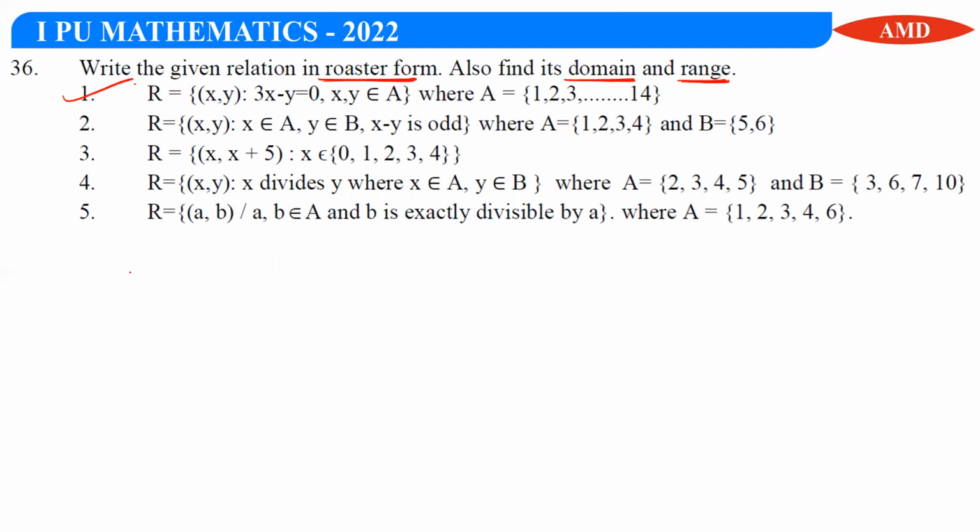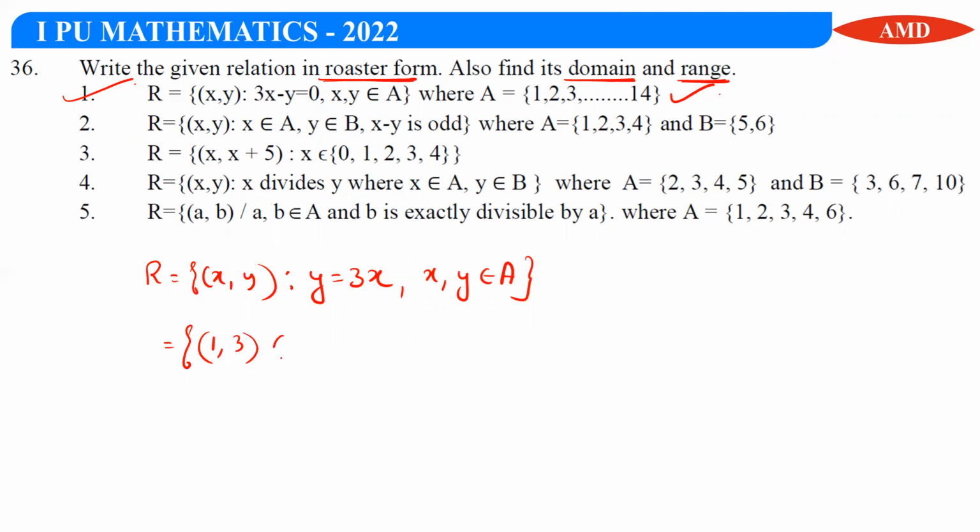For example, the first one, if you see here, the relation R is given as the collection of all x comma y such that y is equal to 3x. I have rewritten it this way; it becomes easy for us later on to find the elements of the relation. Here both x and y should belong to the set A, and the set A is given here. So what are the elements? If I take x equal to 1, I would get y equal to 3. If I take x equal to 2,